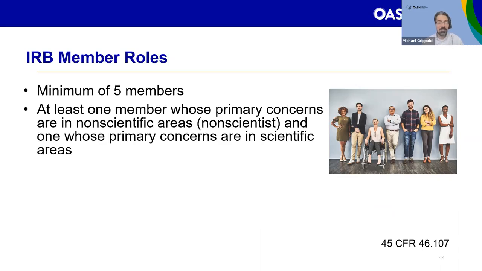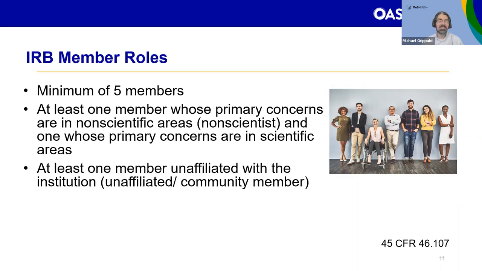So in theory, you could have an IRB consisting of 4 non-scientist members and 1 scientist member. But remember that the IRB as a whole must have the proper credentials to review the specific research coming to that IRB. So for that reason, it's unlikely that you'd have an IRB that's 4 non-scientists and 1 scientist, but in theory, such a board could exist.